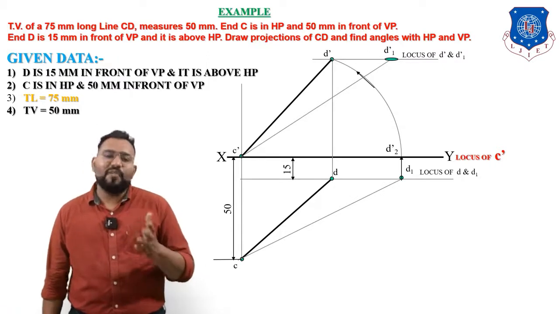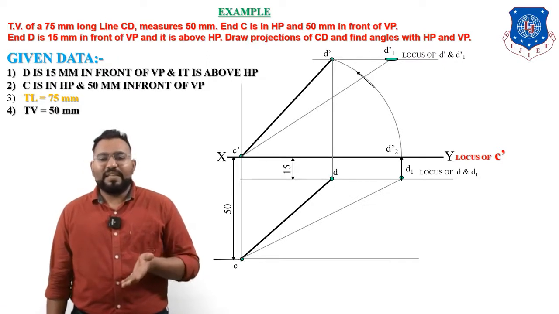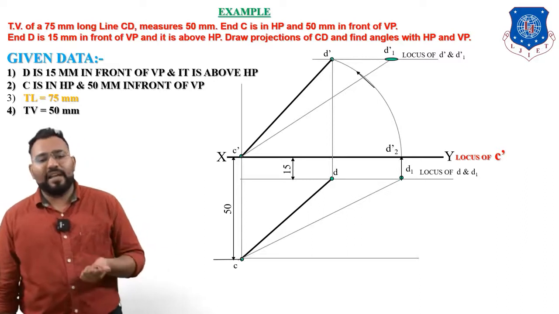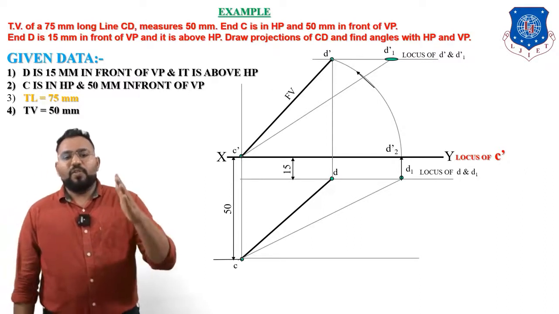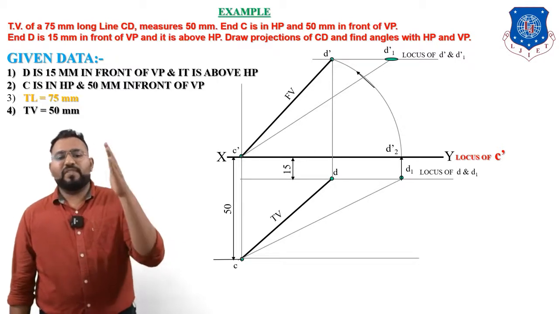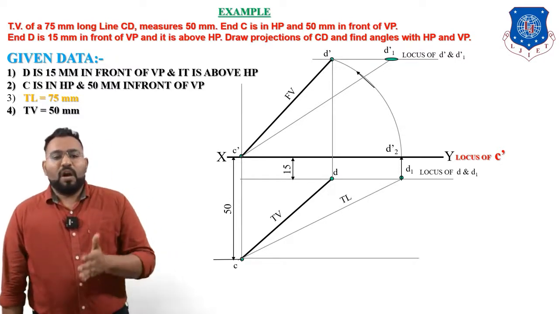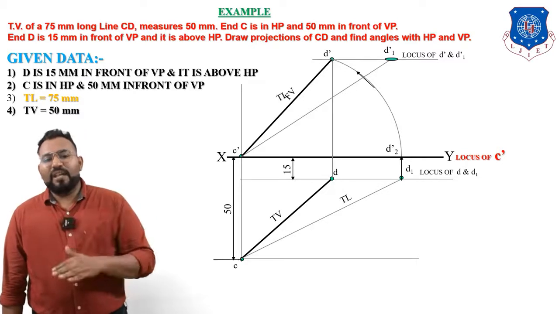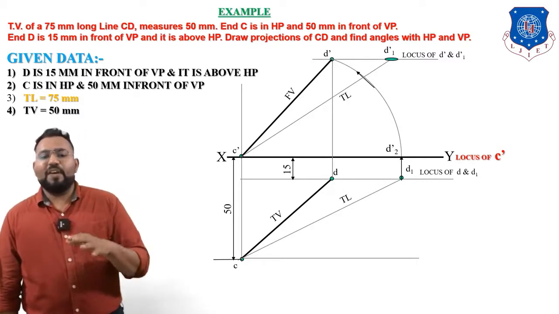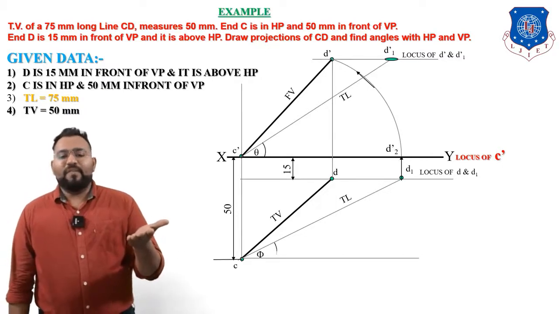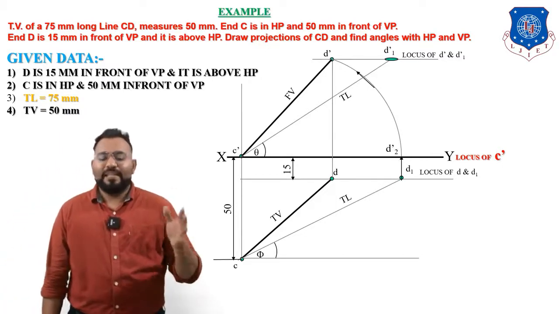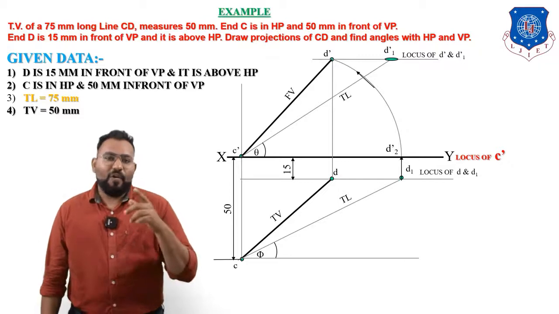So this is how you can find it. By using this data, you can also find other angles. From point C, draw a horizontal line. Now you know that C dash D dash is the front view, CD is the top view, and the true length is CD1 and C dash D1 dash. Now you can find the angle theta and the angle phi. Find the value of angle theta and phi and write down the value in your comment section.